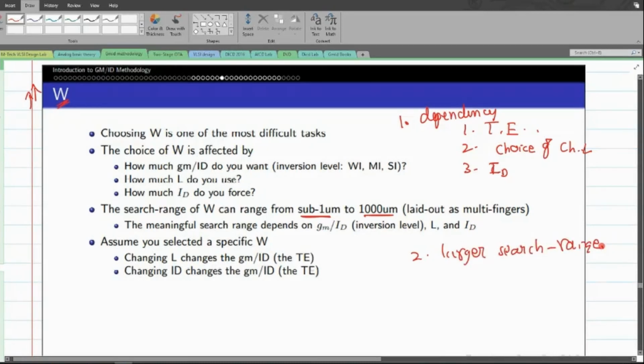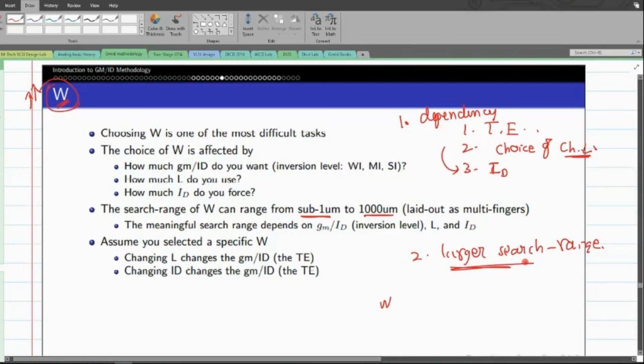So for example, let us assume that we have picked a value for the width from this larger search range. Now for some reason you are about to change the length of your channel. When you change the length of the channel, it in turn changes the transistor efficiency, and this in turn changes the current, and this in turn forces you to find the value of the width that satisfies your spec. So again, you try to identify the appropriate width from this large search space.